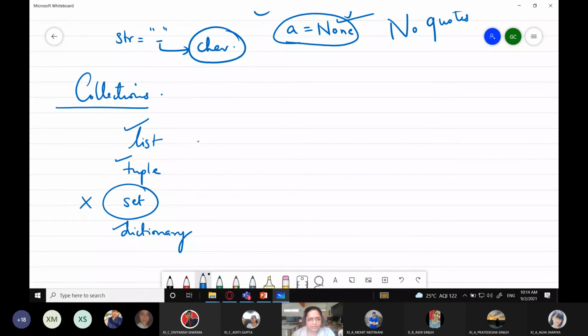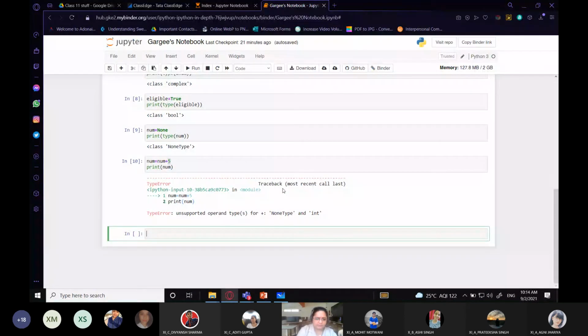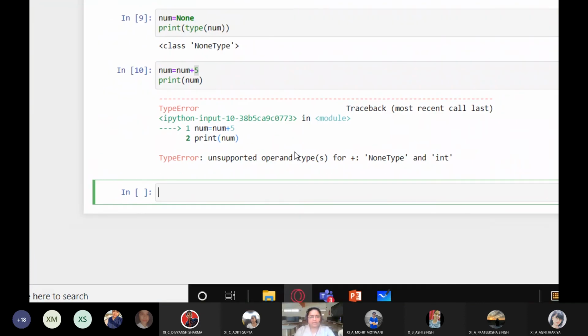So what are lists? Lists are ordered collections, that is, sequential collections of data. For example, I'm going to directly go to the Jupyter notebook here and I can create a list of any type, like I can create a list of numbers, and lists are always enclosed within square brackets, right? So it could be like this. So here you can see that I have created a list of numbers.